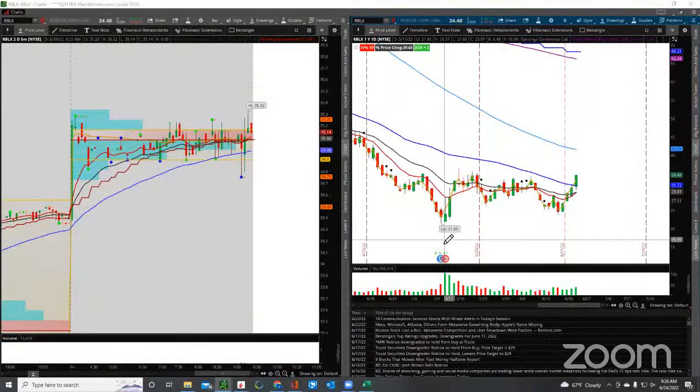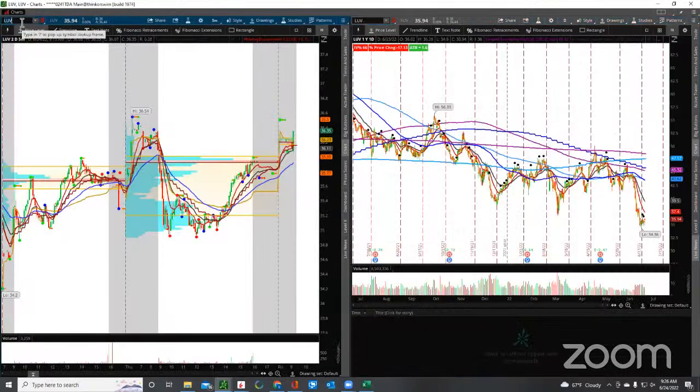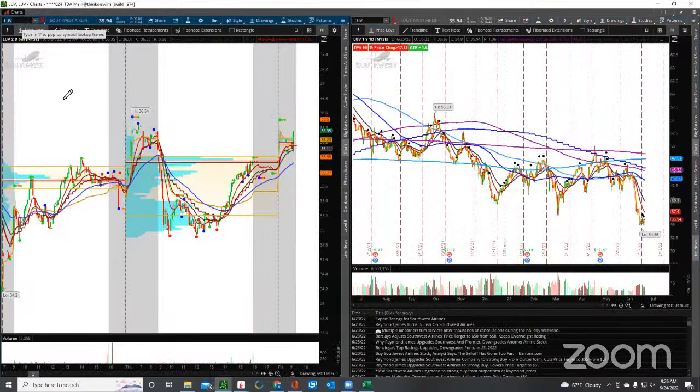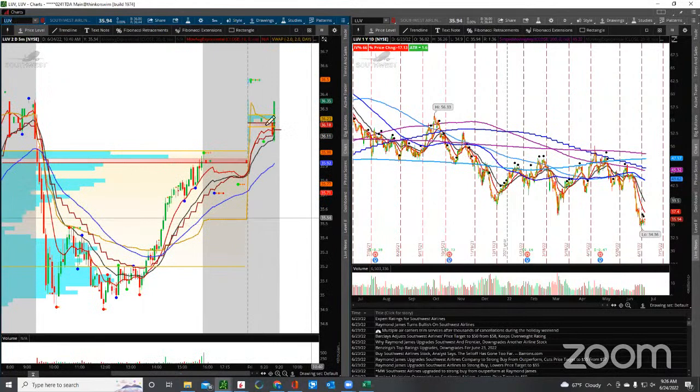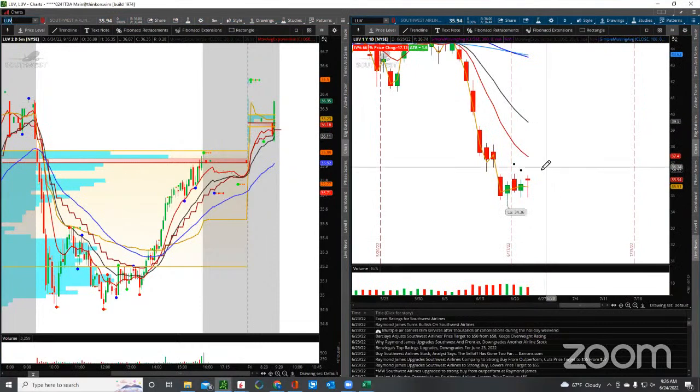Does anybody have a gap on LUV? Looking good. Let's check that out. LUV. All right, Southwest, right? So keep an eye on yesterday's high. So what I like about this, and Wesley's pointing it out,